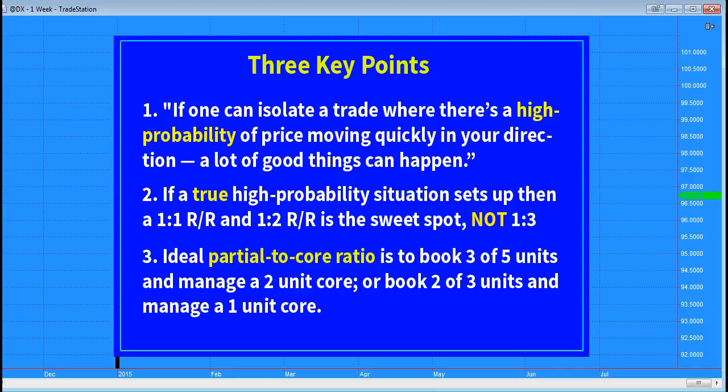So if you initiate a 5-unit position and book near-term profits on 3 units, then you still have a decent residual 2 units to capture outlying risk reward on that 2-unit core position, and the profit on the 3 units secures a win, frees up margin capital for another trade, and allows one to manage a core position with greater detachment. Alternately, if you initiate a 3-unit position and book near-term profits on 2 units, then you have a residual potential on a 1 unit to manage.